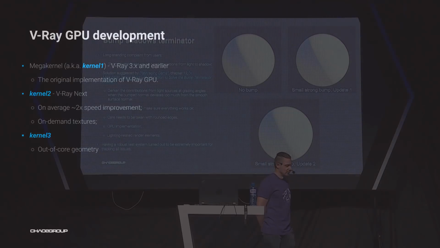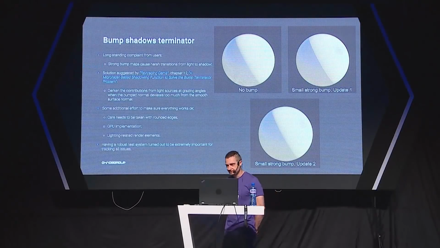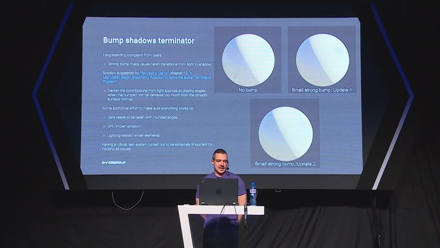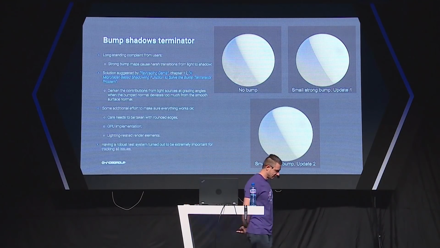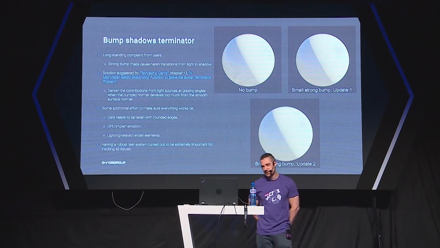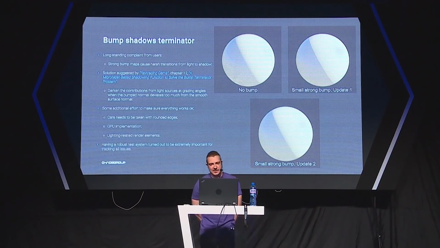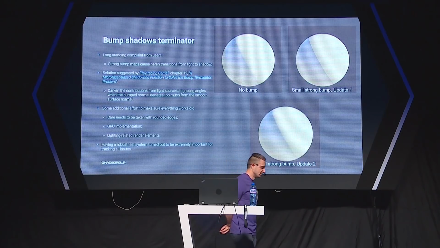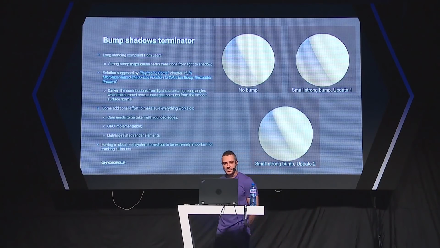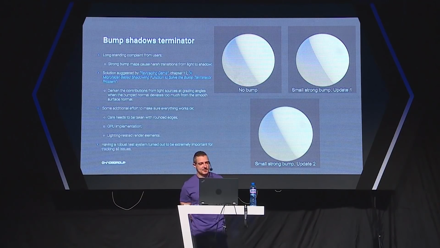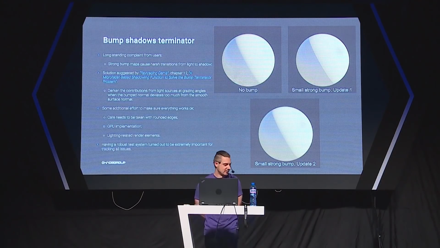There was a problem in V-Ray that people complained about for a long time, which is that if you have a very fine bump map, strong bump map, you get this harsh shadow on the objects. It's not a polygonal artifact. These renders are done with a perfect sphere, so it's actually very smooth. But you get this very sharp transition from light to shadow, which doesn't look too good. And obviously, users complained about this. And I didn't really know how to fix this for a long time, but